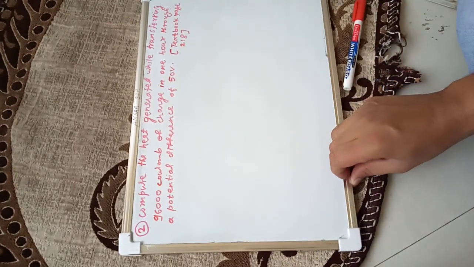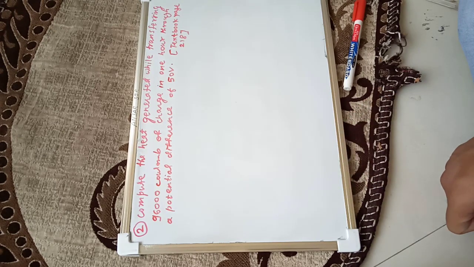Okay, see, this is the in-text question given on page number 218. Question number 1 is a theory question. The question says, why does the cord of an electric heater not glow while the heating element does? So inside the heater, the coil glows, the coil becomes red hot, while the connecting wire, the cord, does not become hot. What is the reason? Because the cord is made up of copper, and copper does not have much resistance. That's why current easily flows through it. Electrons are not opposed much.